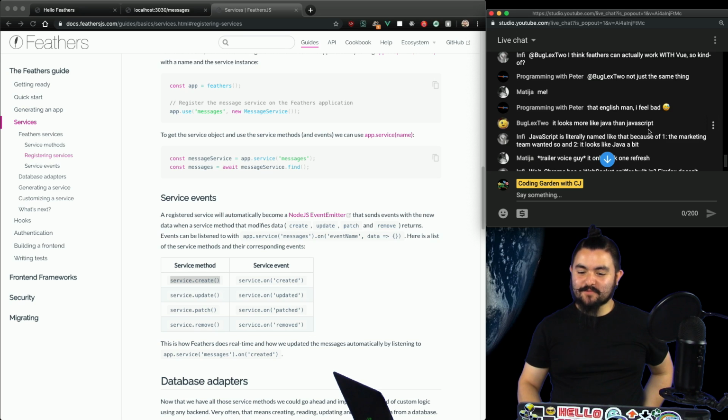Buglex2 says it looks more like Java than JavaScript. You might just be seeing the latest features of JavaScript, in that, like, well, actually, I guess Java does have Lambda functions now, but